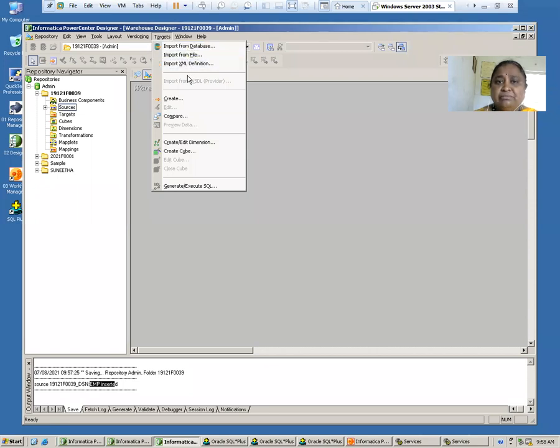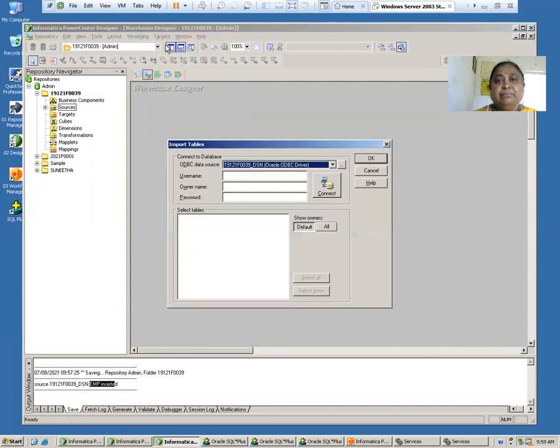From where do you want to import? Either you want to import from a database or a normal text file, or you want to import an XML definition. You can work with these three types of data in your Informatica. And in the previous class, I said there are many data types in advanced versions of Informatica Designer you can work with, like Sybase or FoxPro or Microsoft Access. You have them in the latest versions, but in our old version, we can only import from the database, import from a file, and import XML definitions, right?